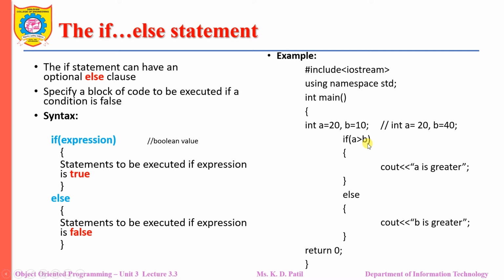If no, then control will not come here and this statement will not be printed, but control will directly move towards the else statement, and the statement "B is greater" will be printed, as A is greater than B will be false, since the value of A is equal to 20 and the value of B is equal to 40. So in that case, only this else part, only the alternative part, will be executed and displayed on the screen.